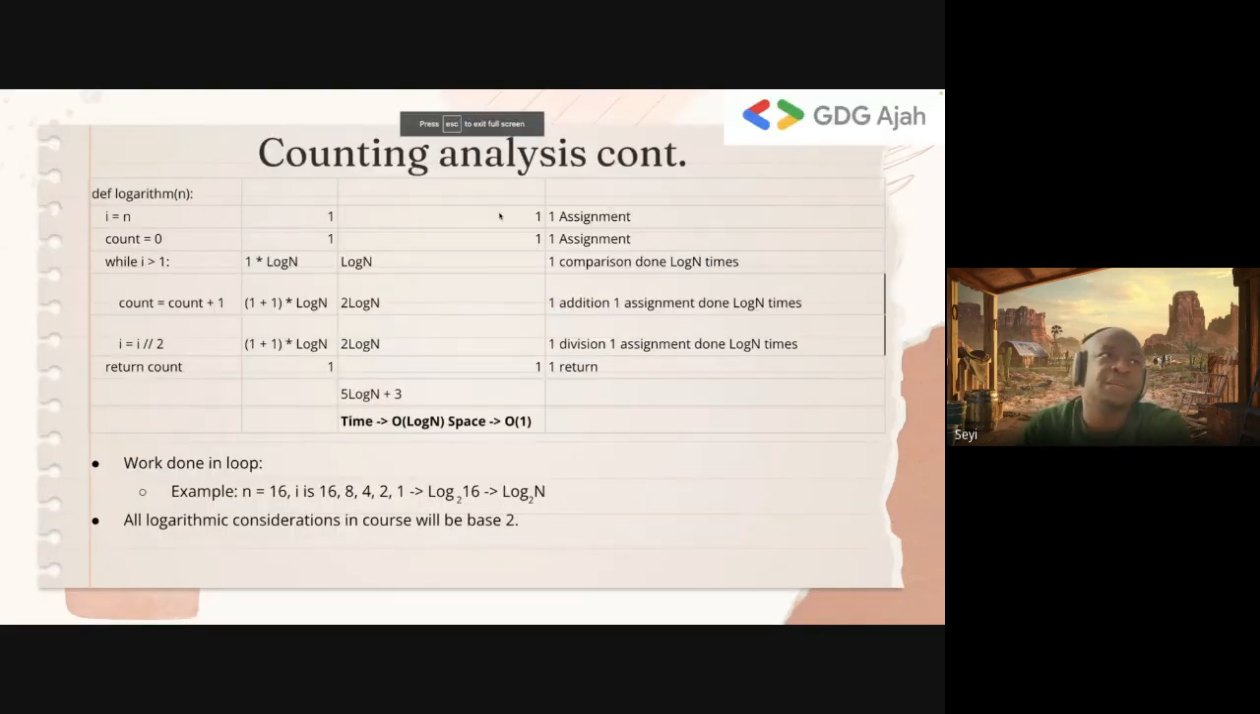So essentially what I explained, if you look at the first line, i equals n, 1 assignment. count equals 0, 1 assignment. Now, for the while loop, because we are doing it log n times, that is why we have 1 comparison done log n times. And then within the while loop,